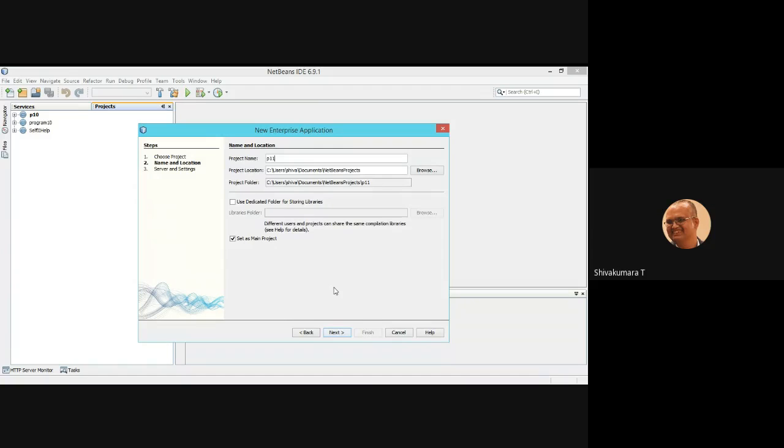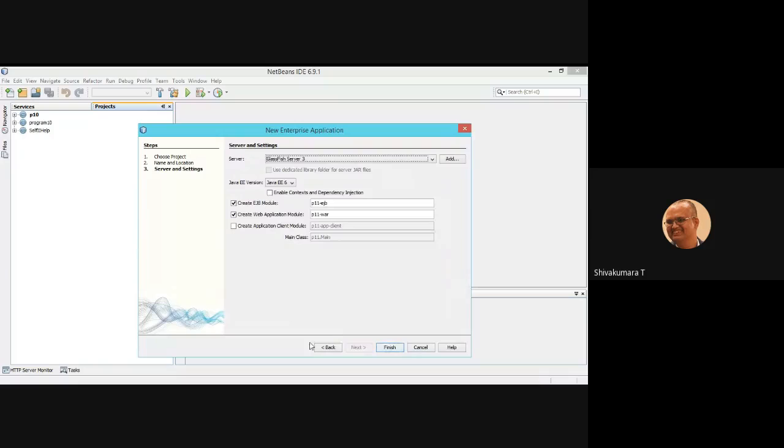Next. Up to program 10, NetBeans selected Apache as the default server.